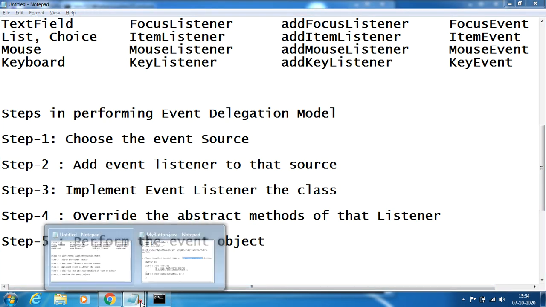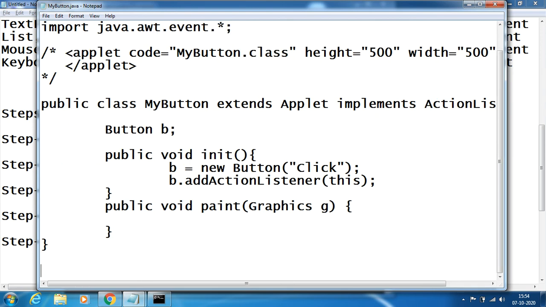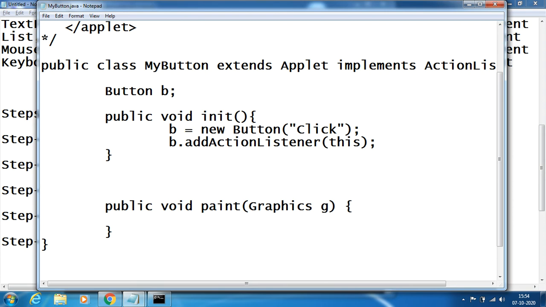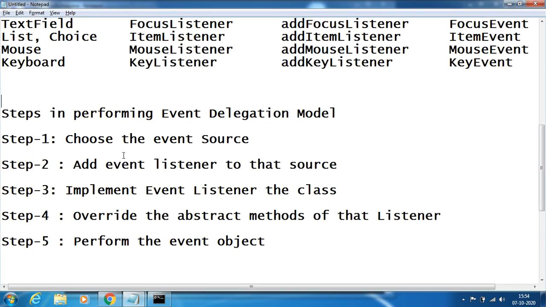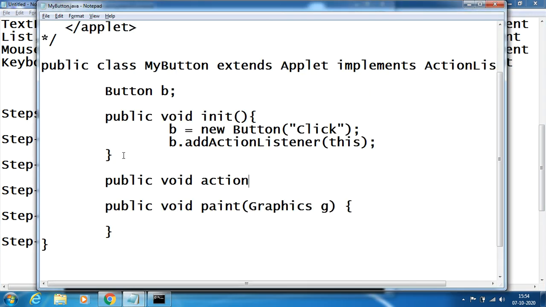So to override, just write here itself. So another method apart from init and paint. So public void actionPerformed. What is the method name? actionPerformed of ActionEvent.